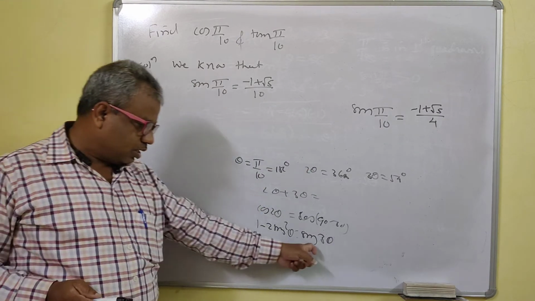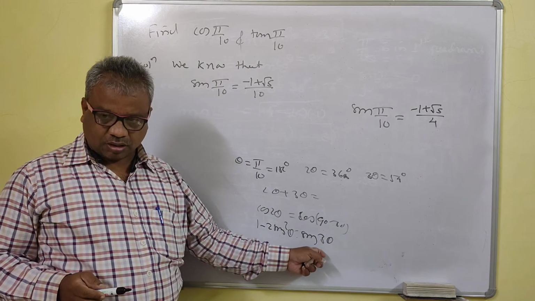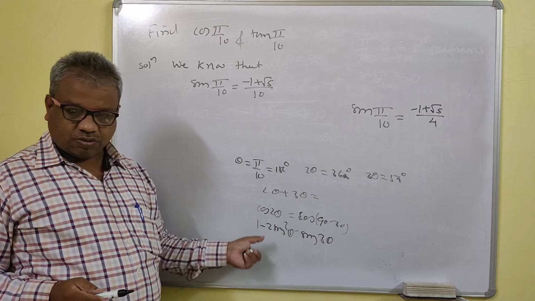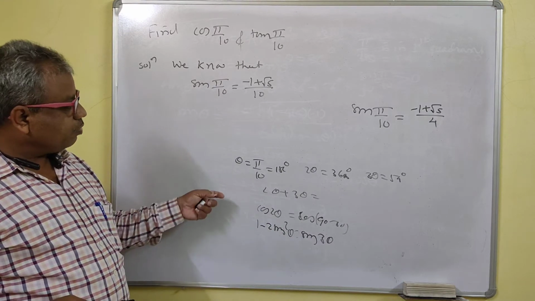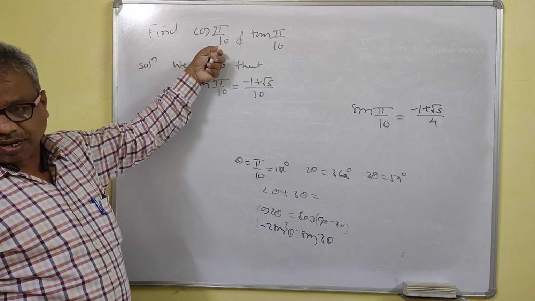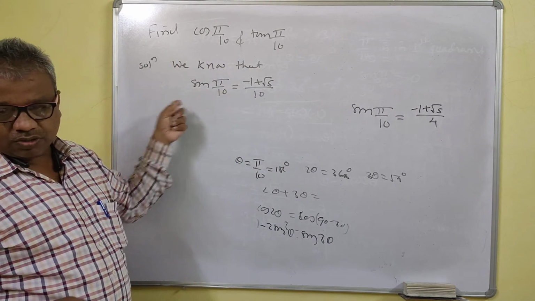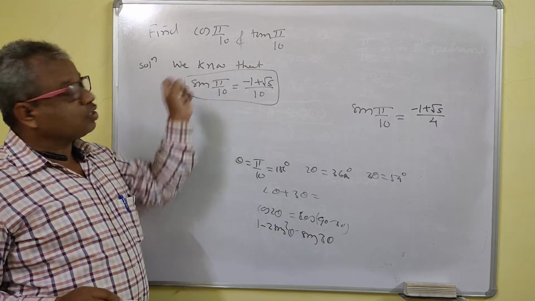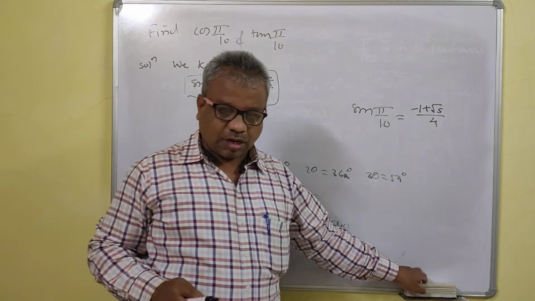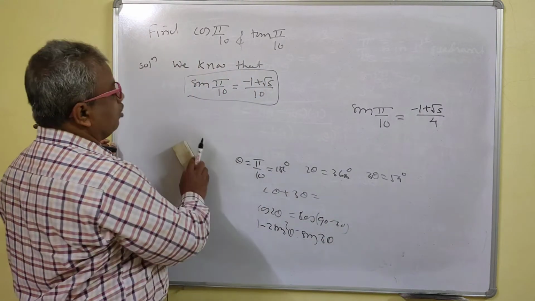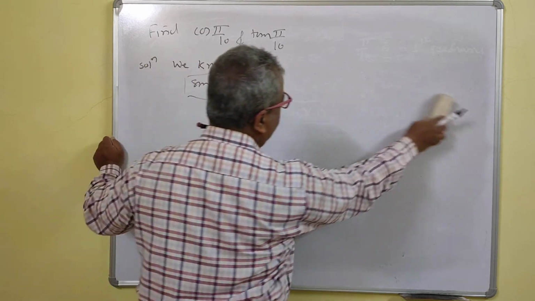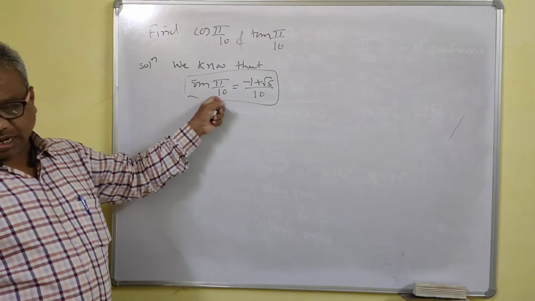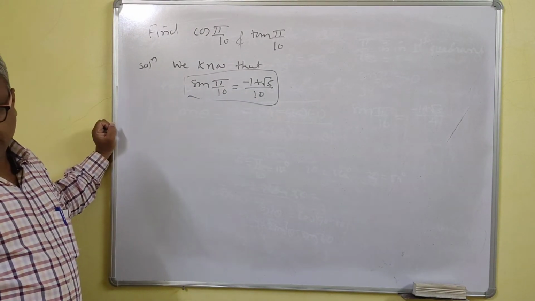In this formula, you see here we get a sin cube now, and sin cube will not be cancelled anywhere. That means you have to solve the cubic equation then, right? But it is better to write: if they ask to find the value of cos pi by 10, if you don't remember, just evaluate this one, verify that this is your value of sin pi by 10, and then evaluate your cos pi by 10 with the help of this one, right? That means if the direct question is asked, find the value of cos pi by 10, you may say we know that, but if you don't remember, you have to derive this. Sin pi by 10 is equal to this, right?